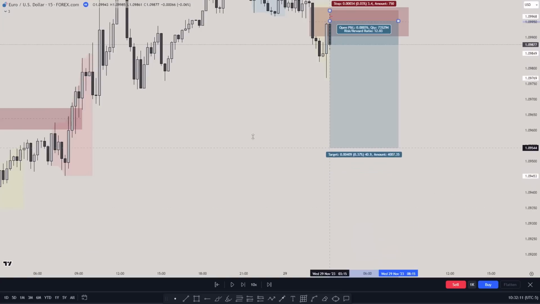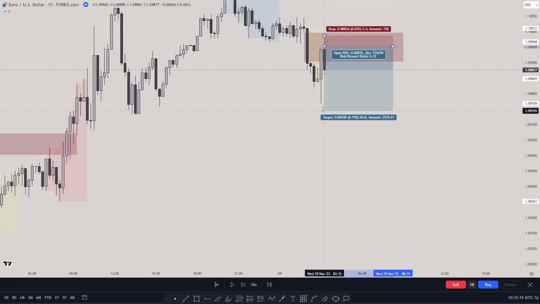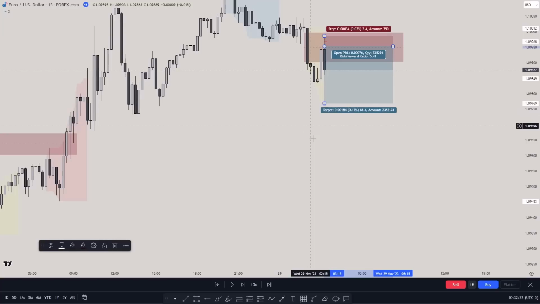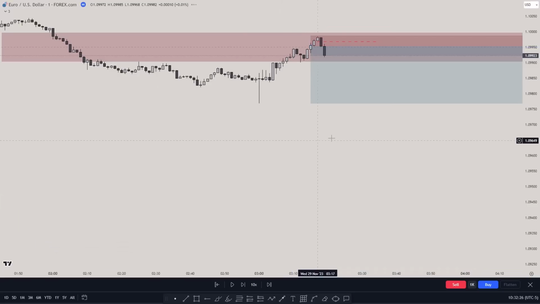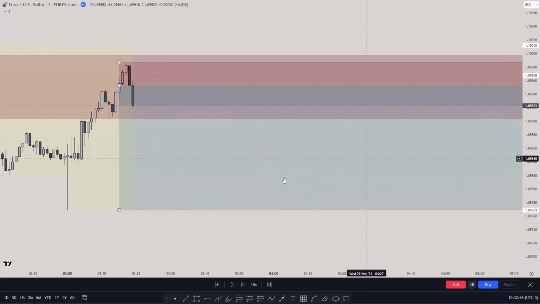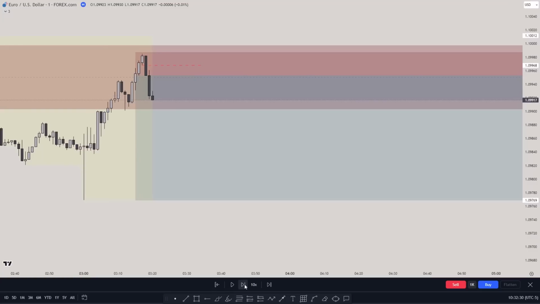But this is one of the types. And you could have also taken your profit at one of those lows. So you see a low here, a low, and a low. So it could have been this one too. But me personally, I took my profit at this low because this was the low hanging fruit. Going back to the 1 minute, this is the first entry and I'll show you the second entry.